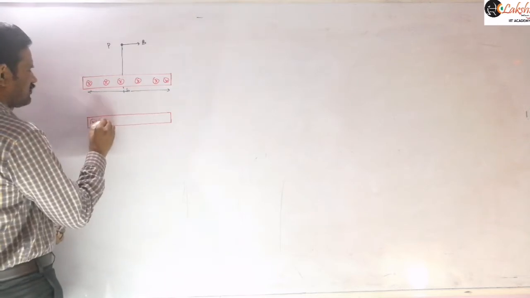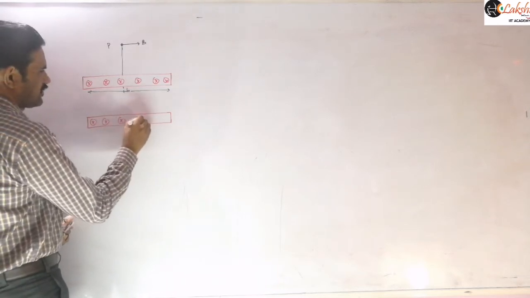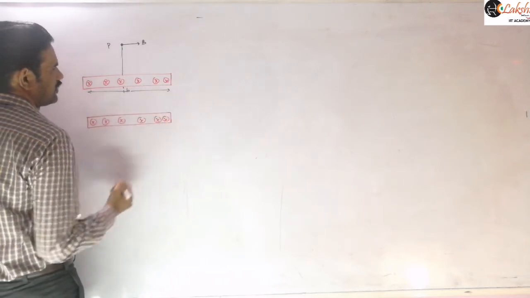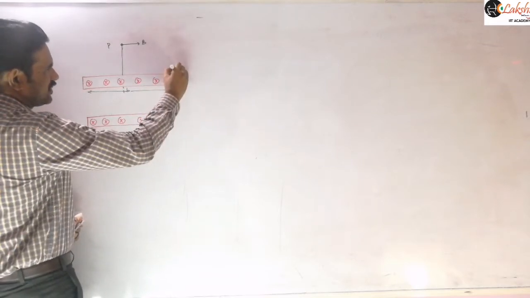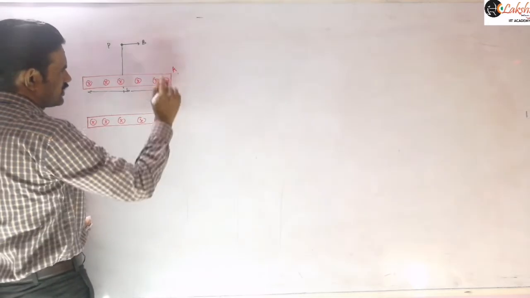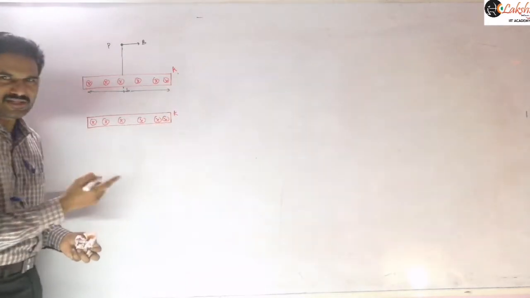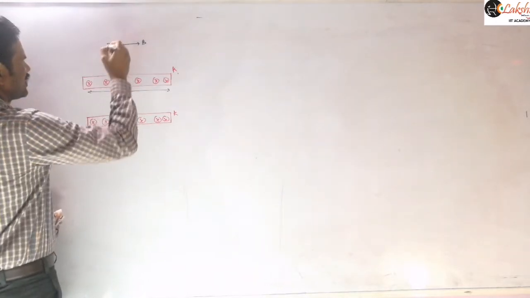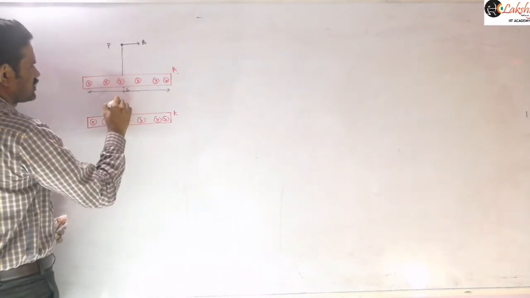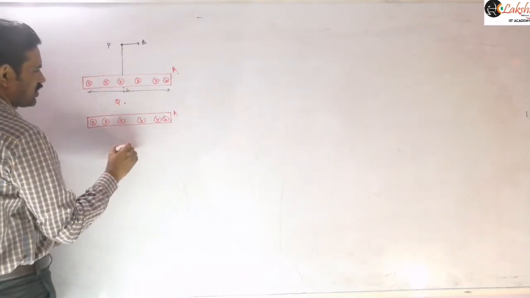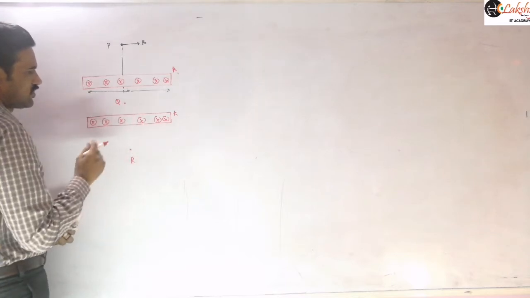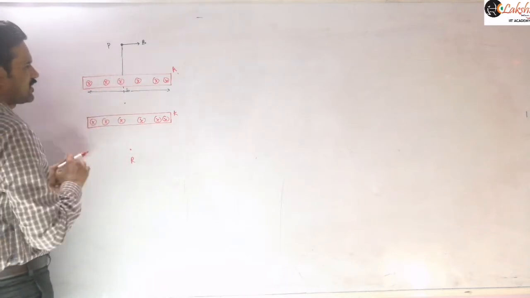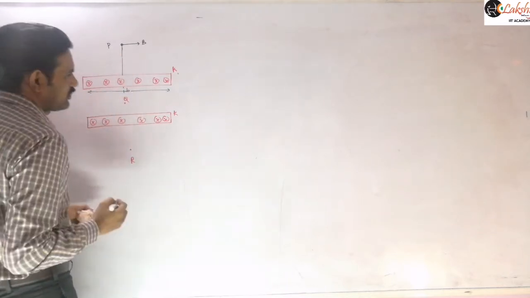I am placing another identical plane like this here, right? And in this also the current per unit width is K, and here also let us take that as K. That K means current per unit width. Now we are taking the points here: P, Q, and another point R. So now we need to mention the resultant magnetic field at those 3 points.